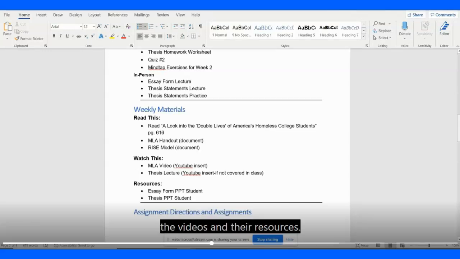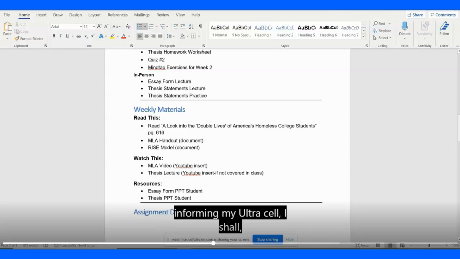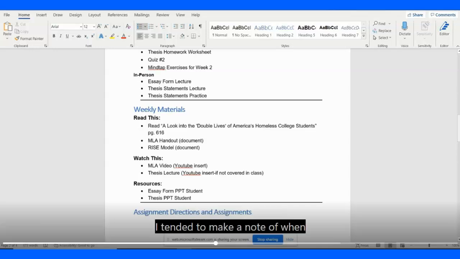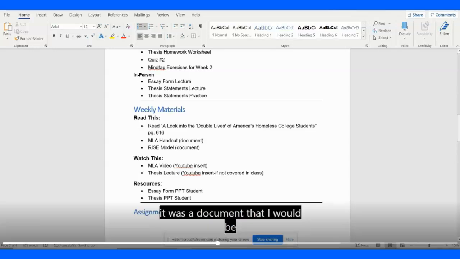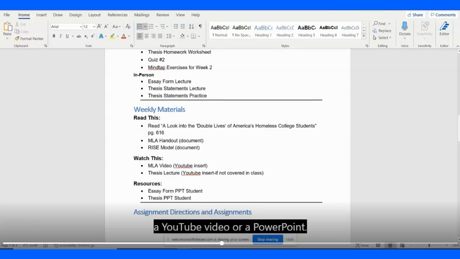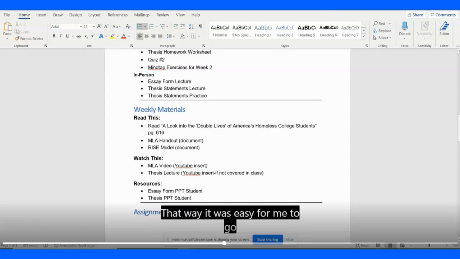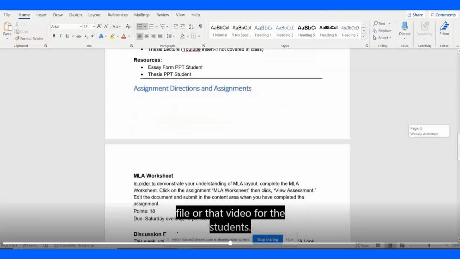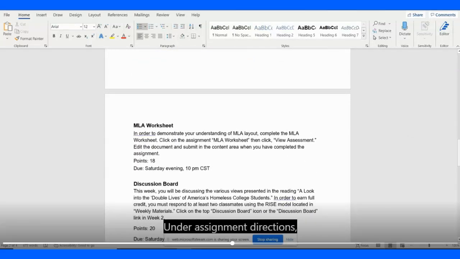For my own purposes in forming my Ultra shell, I tended to make a note of when it was a document that I would be inserting versus when it would be a YouTube video or a PowerPoint. That way it was easy for me to go straight to my source and put in that file or that video for the students. Under assignment directions, I broke down each assignment from what was listed in my map of